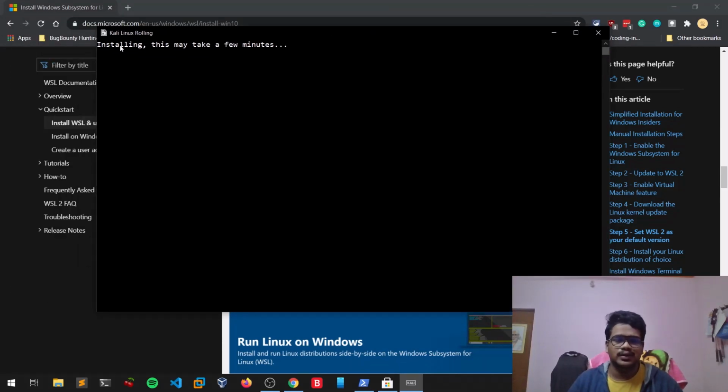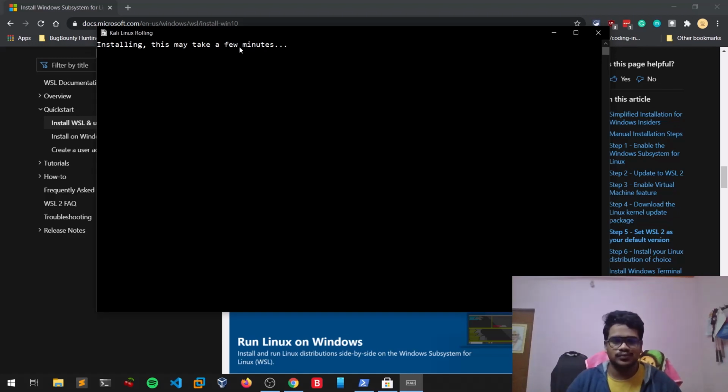Here you can see that it is installing. This may take a few minutes. It will install some basic packages, some basic tools. And also, guys, don't expect the complete Kali Linux package. You will have only a minimum or ample set of tools. Keep in mind that you will not get all of Kali Linux. You can install more with apt-get install. I'll show you how you can install some of them in this video, but don't expect all the tools within this distro.